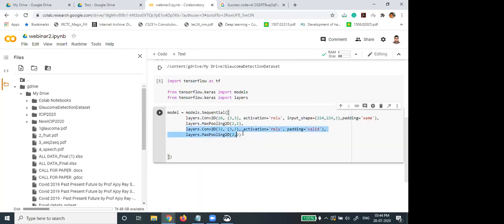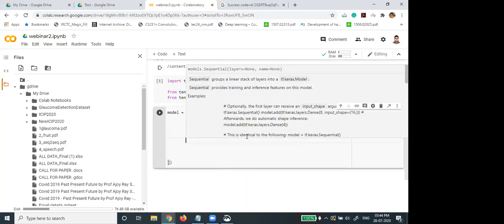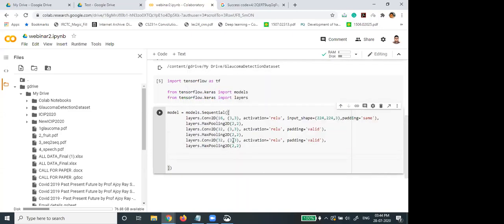Again another, after 16 and 32, I am doubling this to 64. By default it is valid.